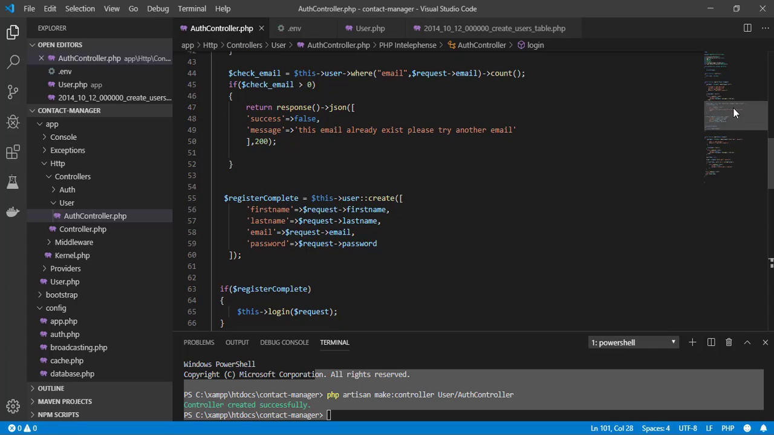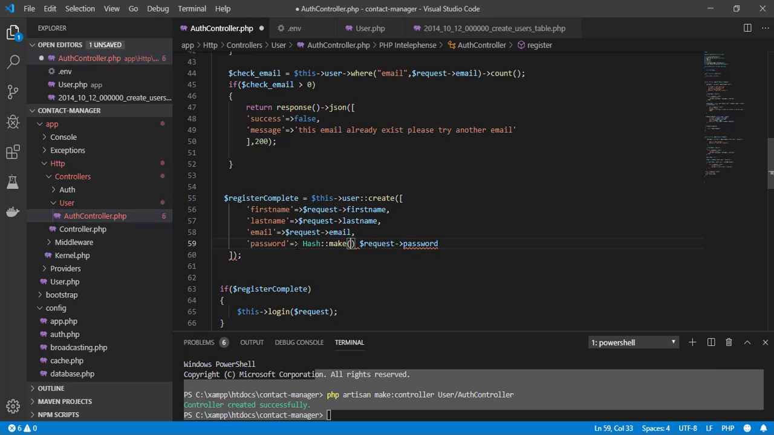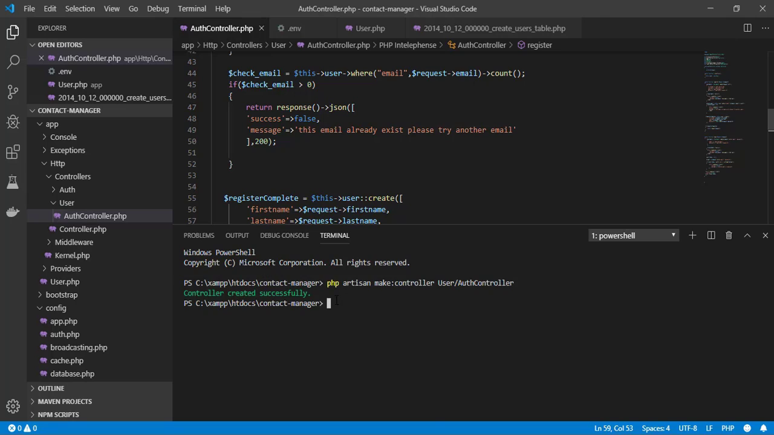And I just saw something here. In the password, we are supposed to hash this password. So we're going to use the hash and use the make on it. So hash make, and then this is going to hash our password for us. All right, so we just put in that comma, since this is an array, sorry. So now here we can then say php artisan migrate,